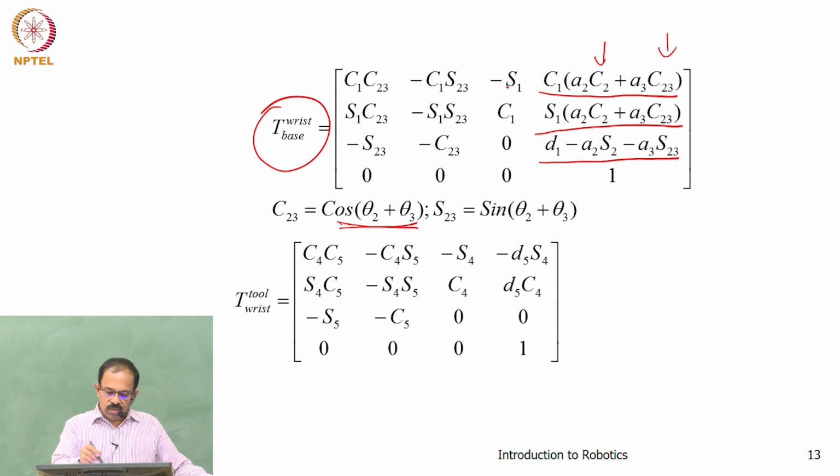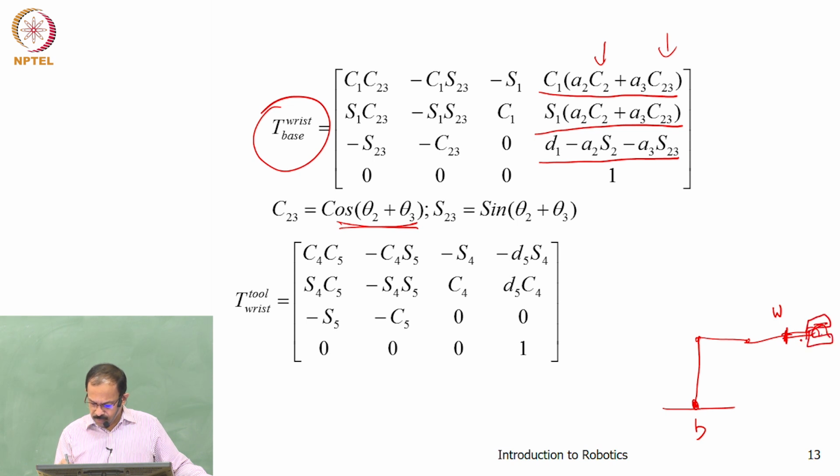So for this wrist to base, if I go back to that diagram, it was something like this. One joint here, one joint here, one here. This was the wrist point. If this is the wrist and this is the base, then you have the 2 degrees of freedom here, the roll and the pitch. So the wrist point here is P, the position of the wrist, and the orientation of the wrist is basically the frame attached to it.